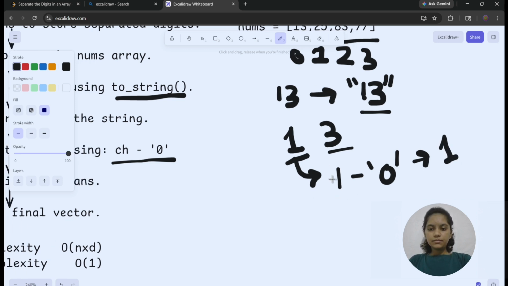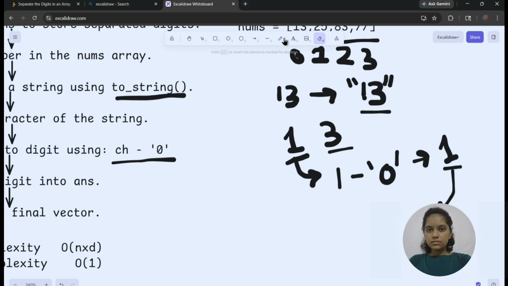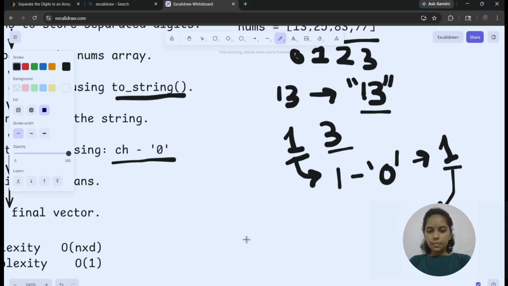After that I am pushing this digit into the vector answer. Here I have to push it into answer, so I am using the push_back method, answer dot push_back.